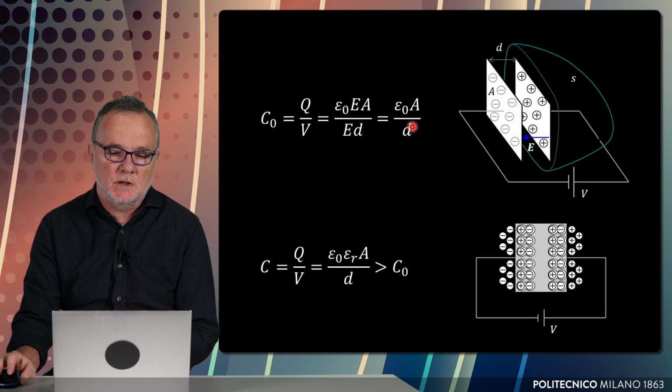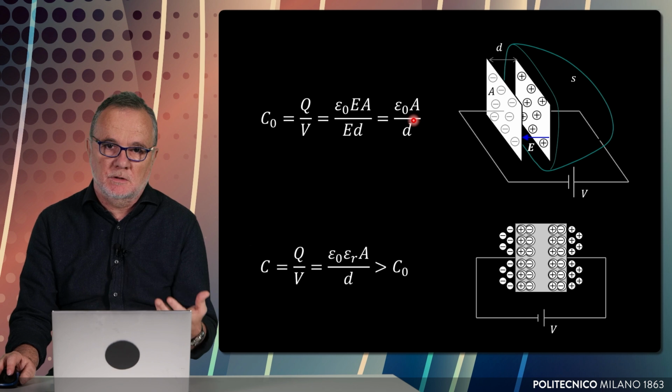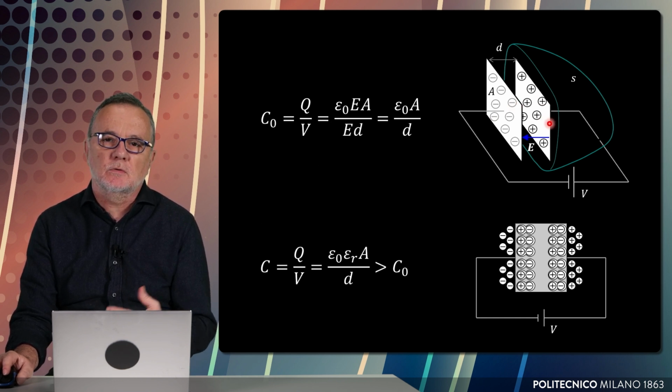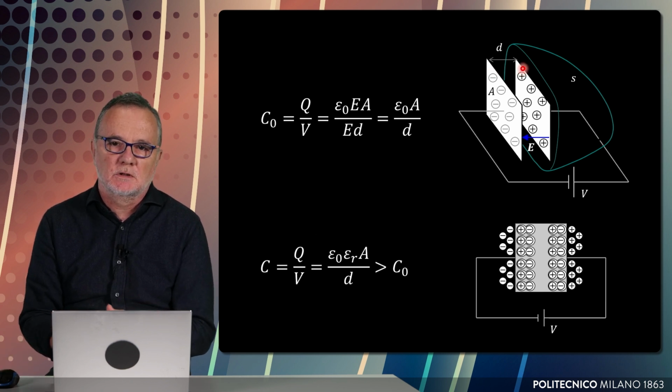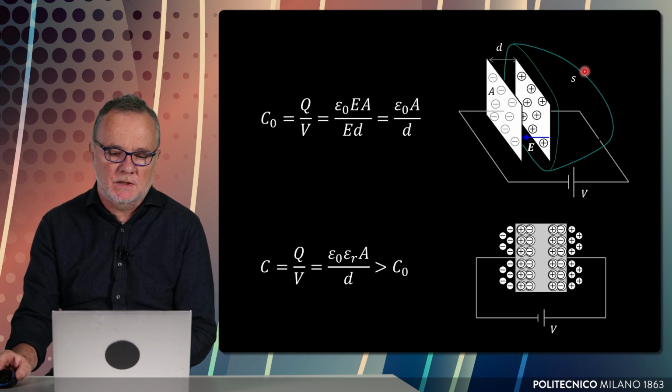From this assumption, we can obtain a very simple expression for the capacitance, which is epsilon, if vacuum is present between these two electrodes, epsilon naught, times the area A of a single plate, divided by the distance between the plates. This value of the capacitance is a good approximation for the true value, in which there are other small effects that take place, such as fringing fields that are placed also slightly around the plates and not strictly confined in the region between the two plates.